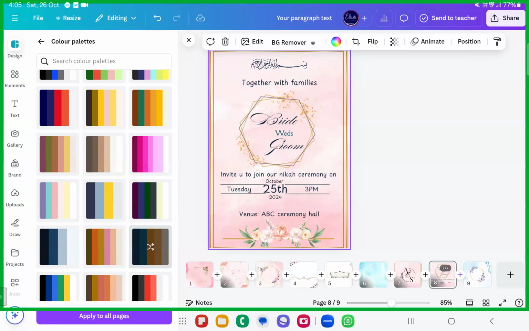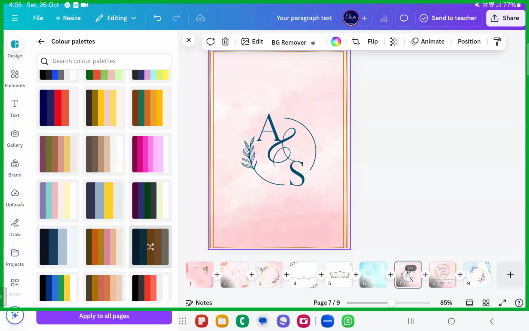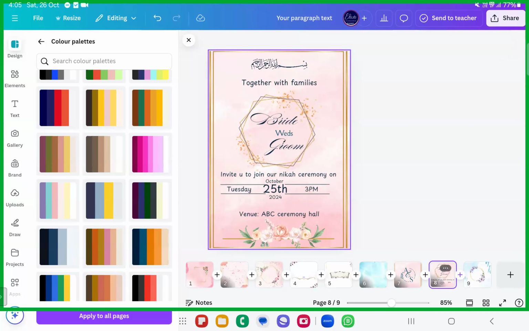If you want to make it bluer, it's well and good. And also for this one, if you want to change it to some other colors, you can go ahead. If you want to add more florals, you can add it. Now, for these things, if you want to make this into a video, dear sisters and brothers, this is just